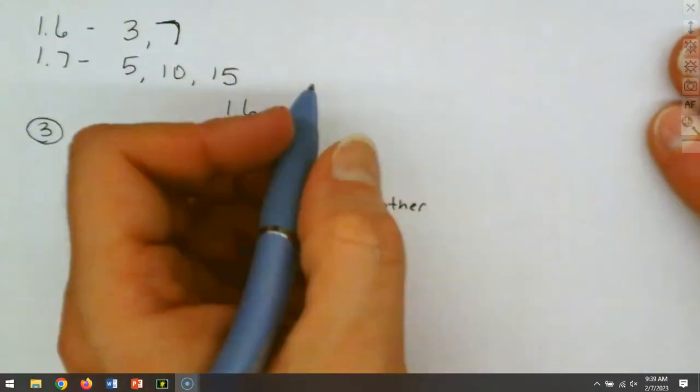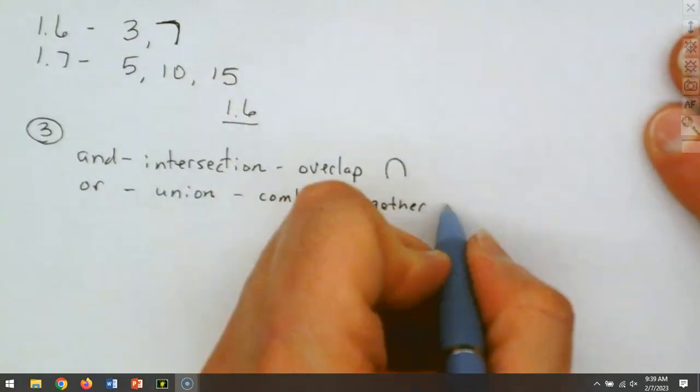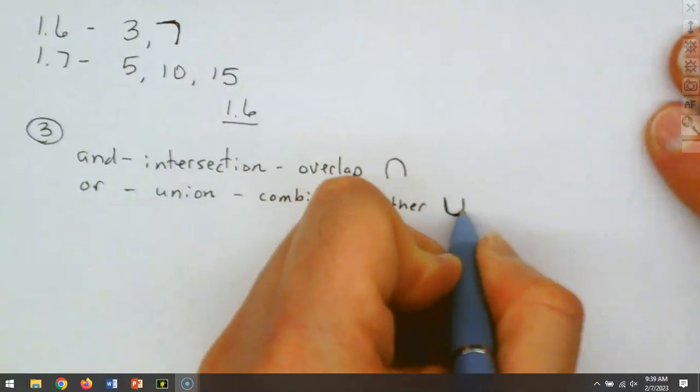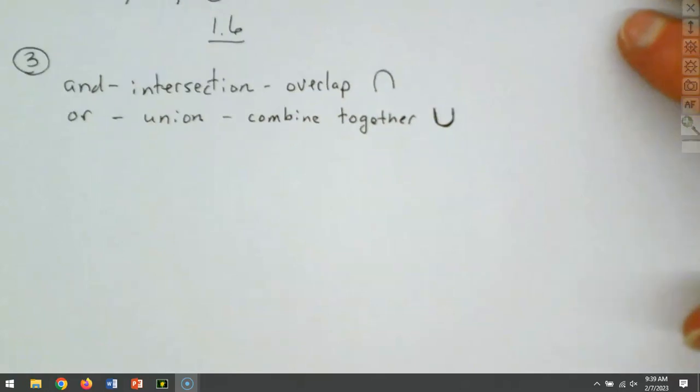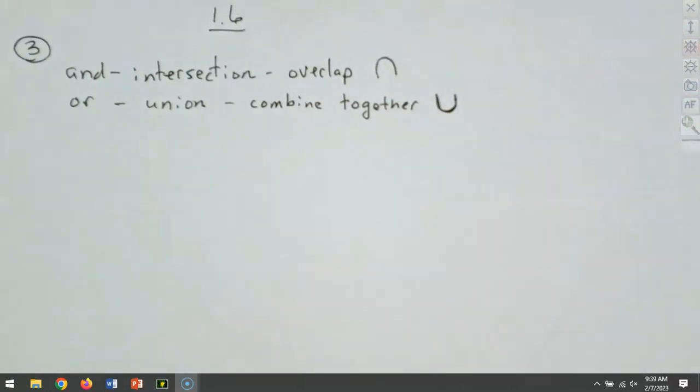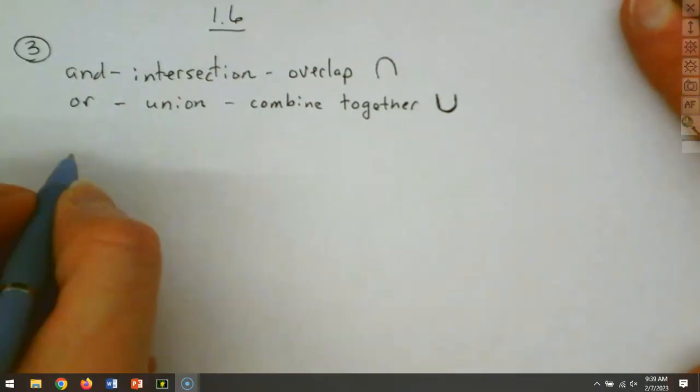And for the "and," we use an upside down U, and for the "or," we use a U for union. So we covered this last time, but again, I just want to pick one of each type. We'll do an "and" and we'll do an "or," just to kind of review things. So let's go ahead now and look at question 3. And we've got